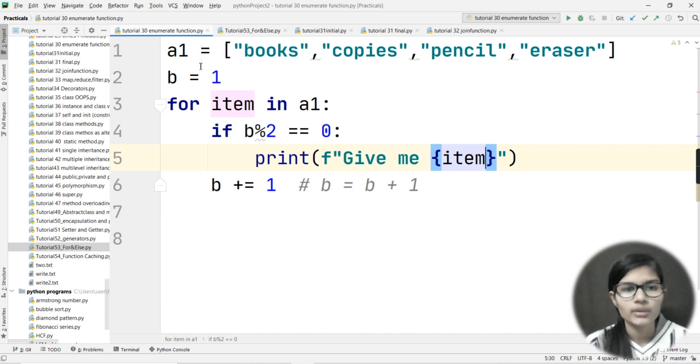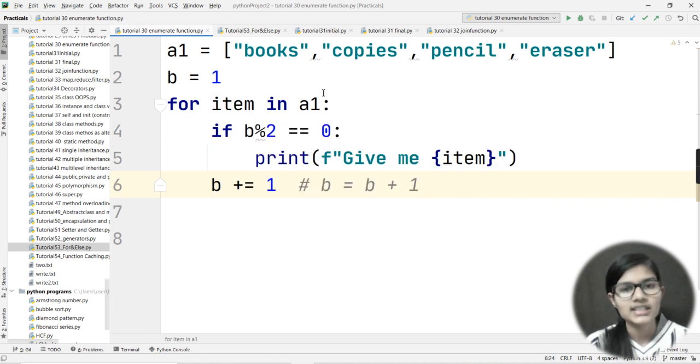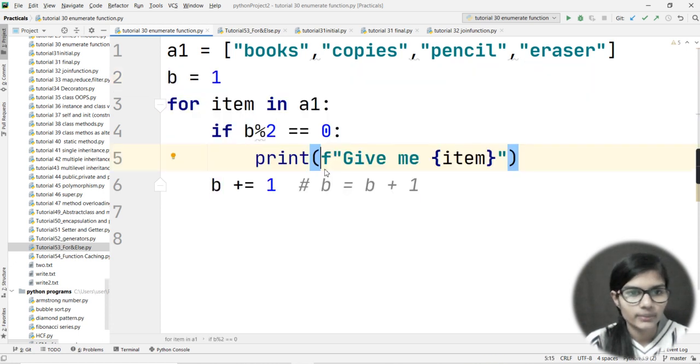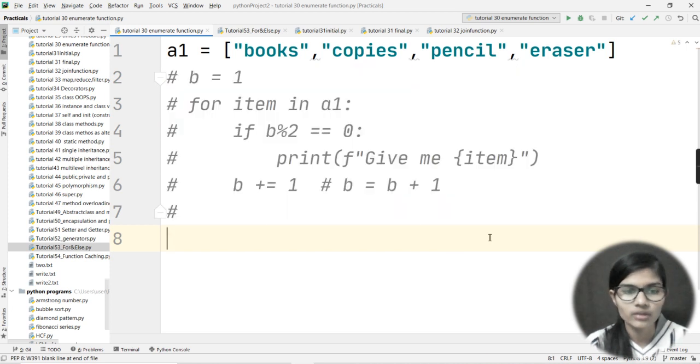Now, this one is the program in which I need to use a for loop, and after that I need to use this condition, and it is a little bit big, right? I've just taken a very simple question here, but if we want to do something more complicated, this might be a very big program, right? So for that, what can I do? Here comes the role for the use of enumerate functions.